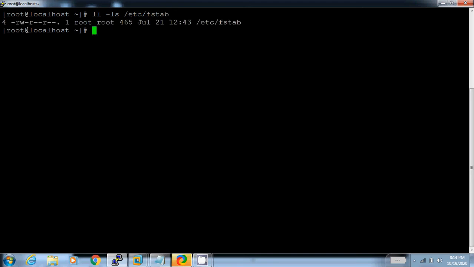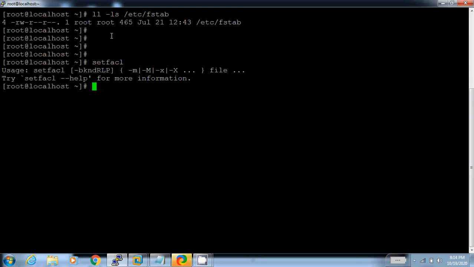The permission is 644. So we can use the setfacl command to apply ACL permission. First of all, I check the man page of setfacl.